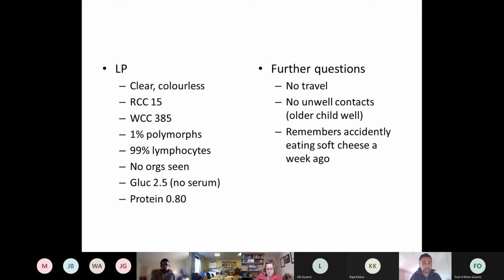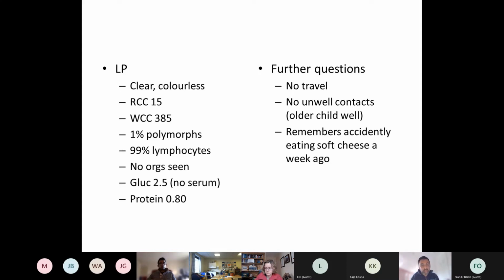Mm-hmm. Yeah, it's predominantly lymphocytic, isn't it? So that is a very typical viral CSF picture. 99% lymphocytes, hardly any neutrophils. The white cell count's pretty high. I mean, we often see slightly lower white cell counts with viral meningitis. And again, difficult to compare with the glucose, but that protein being just mildly raised very much fits